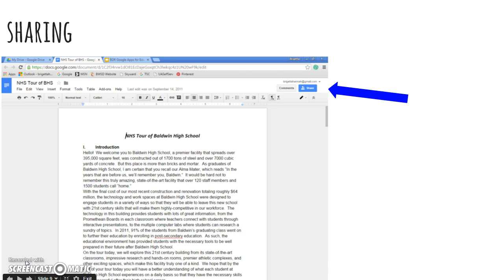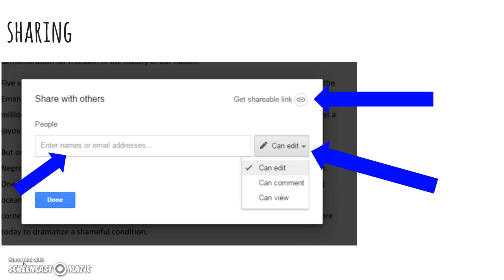Here's a paper that was shared among the NHS students. We were able to share this document through the Share button in the upper right-hand corner. Once you click that Share button, you can enter the email address of everybody on your team. And guess what? You don't have to exchange personal information anymore. You know the configuration of the Gmail accounts.